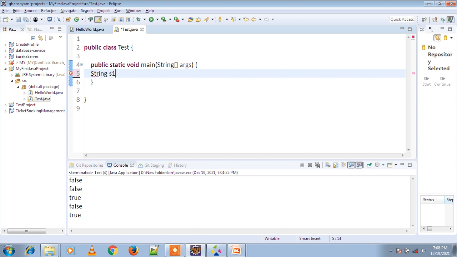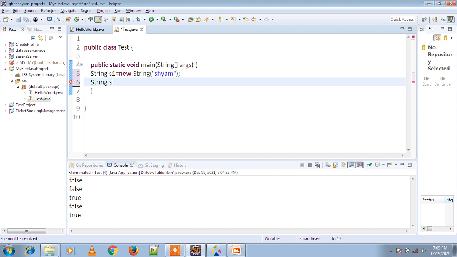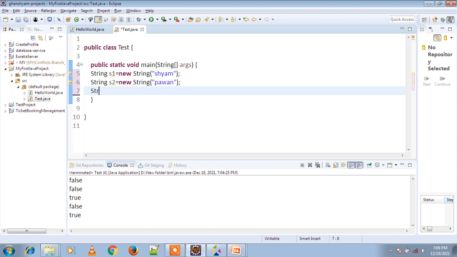String s1 equal to new String with the content Syam. Next, string s2 equal to new String with the content Pawan. And the third reference, s3 equal to s2.